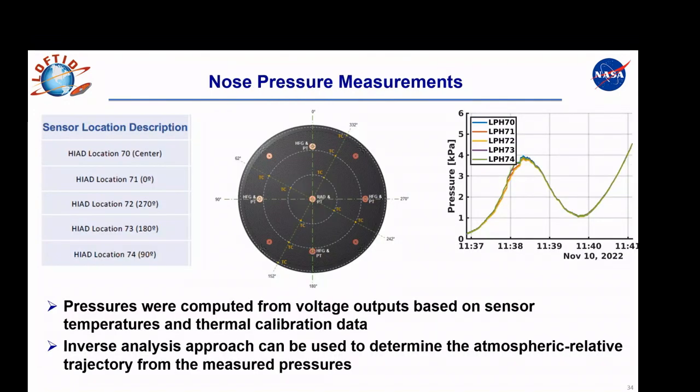So in terms of nose pressure measurements, we had 5 pressure transducers installed on the nose. One was right smack in the center, and then there were 4 others clocked around in 90-degree increments on the nose cone. So you can think of the nose cone as kind of acting like a 5-hole probe kind of thing. And the idea is you can take measured pressures,